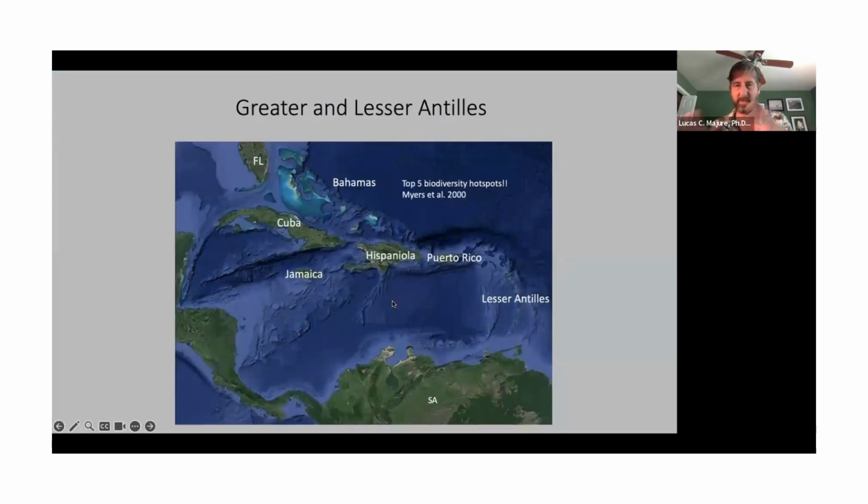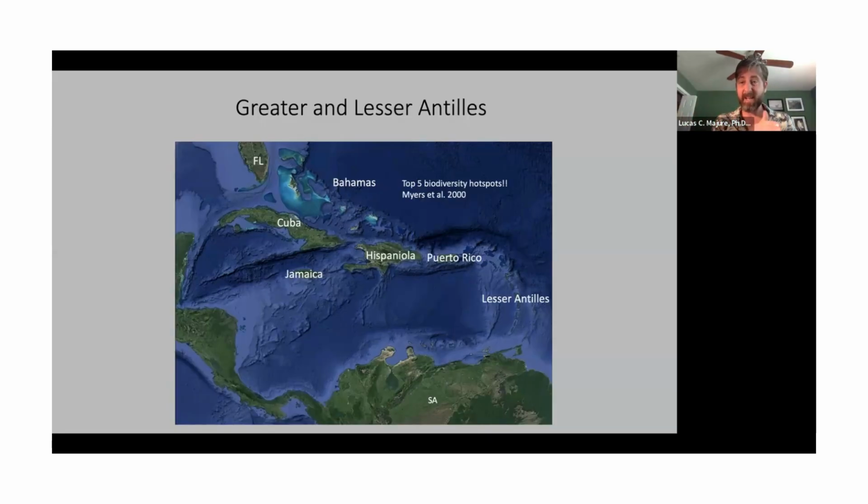So let's go ahead and start off just by orienting ourselves a little bit. I'm sure that everyone is familiar with the Caribbean region, but I always like to throw out a few things about it. One thing that's really curious and fascinating about the Caribbean is it's one of the top 5 biodiversity hotspots on the planet. What that means is that for a relatively small area, there's a very high number of species that occur there, and a very high number of species that occur there and nowhere else across the planet. So the level of endemicity is incredibly high, upwards of 50% in some cases.